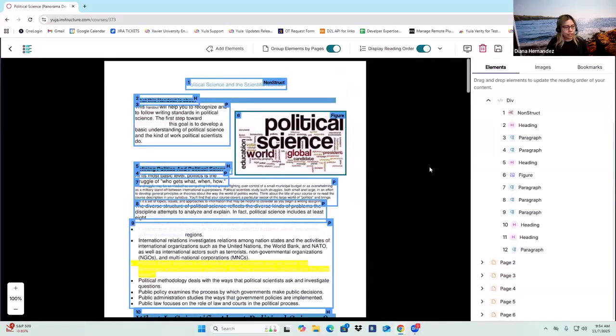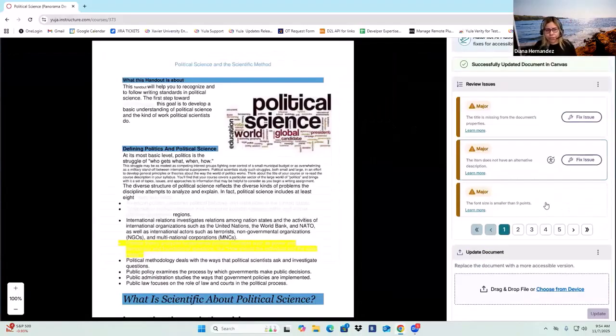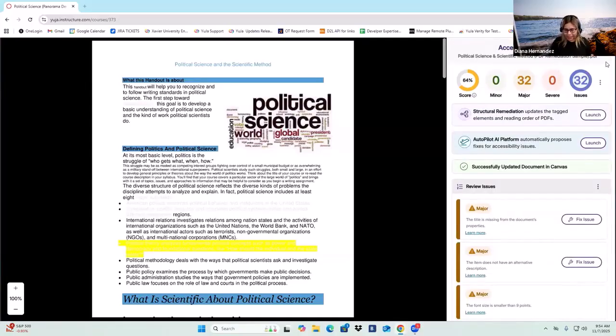Okay. So once you are done, you can go ahead and exit out, and then you can continue remediating any other items that we flagged for the specific PDF. To summarize here for PDFs: if you have untagged or scanned images, use our OCR formats to help you with the remediation.